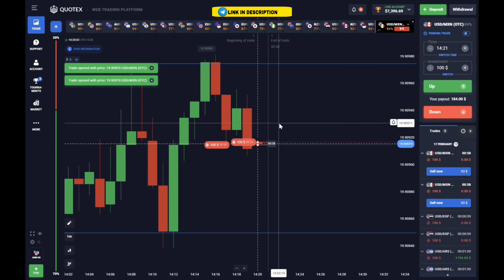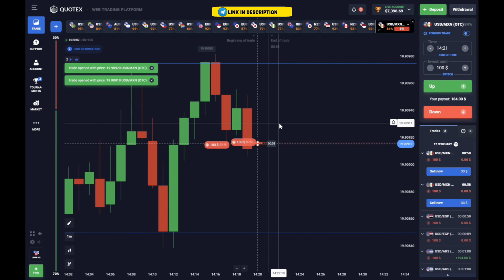And here I also noticed an engulfing candle. So how can I use the engulfing candle? I have drawn a rectangle here and I have covered this engulfing candle in this way. On its right and left sides, there are red candles, and in the middle, there is a green candle. So I have considered that.